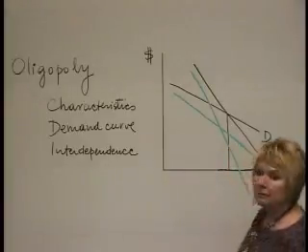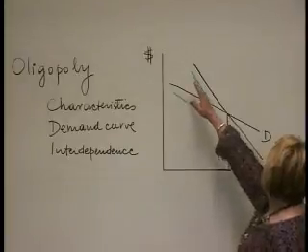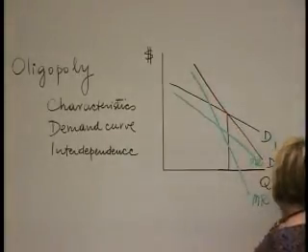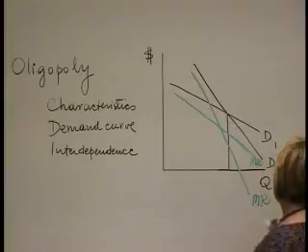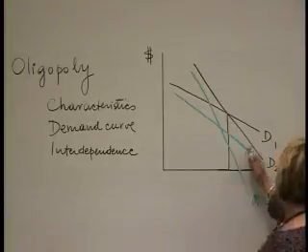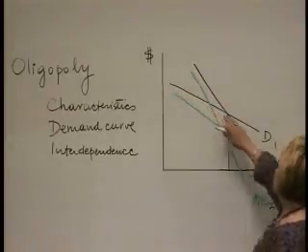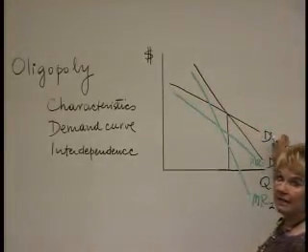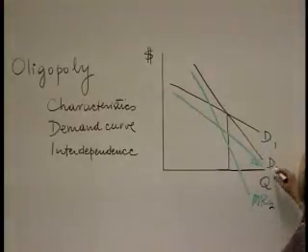As you can see, it is made up of two types of curves. One is relatively steep, that's your D2, and also you have a marginal revenue that corresponds to that. Your marginal revenue is in green. And then you have a relatively flat demand curve, that's your D1, and the corresponding marginal revenue,